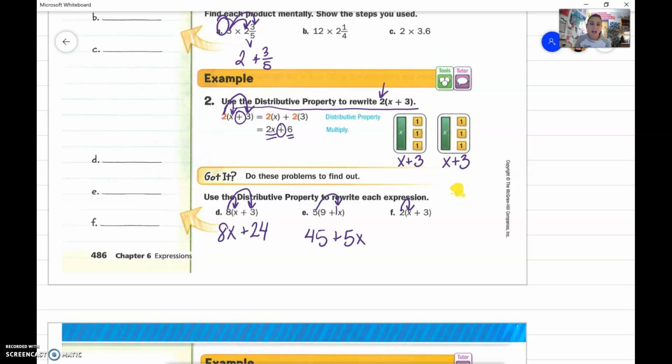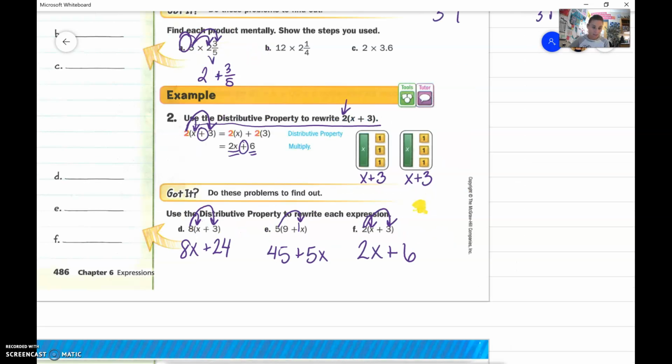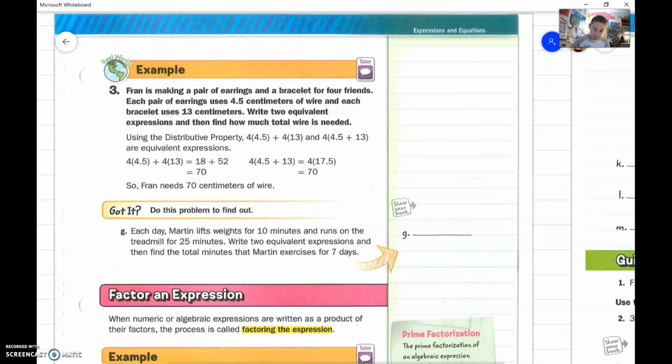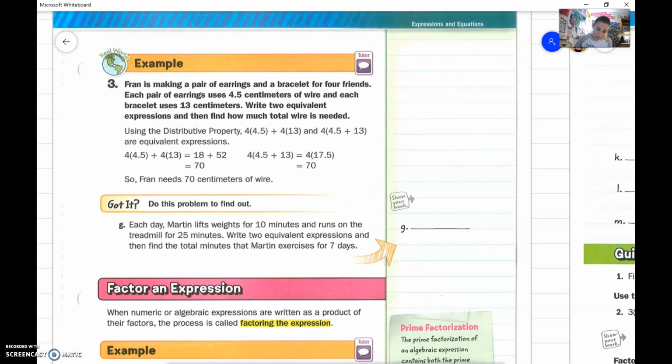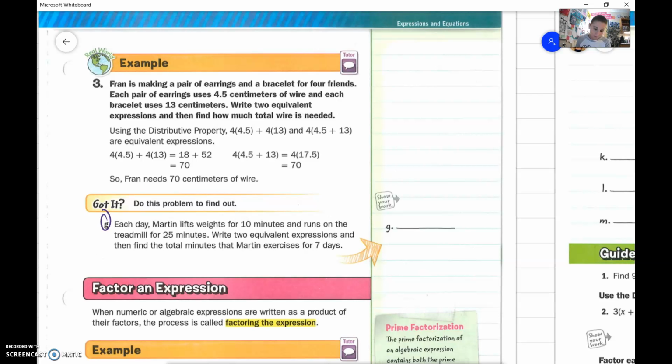All right, 2 times x, or 2 times 1x, which is 2x, plus 2 times 3, which is 6, which gives you 2x plus 6. All right, let's take a look at this problem over here. It says we're going to make a problem, but we're going to work it out together, okay? It says each day Martin lifts weights for 10 minutes and runs on the treadmill for 25 minutes each day, okay? So it says write 2 equivalent expressions and then find the total of minutes that Martin exercises for 7 days. So every day for 7 days,